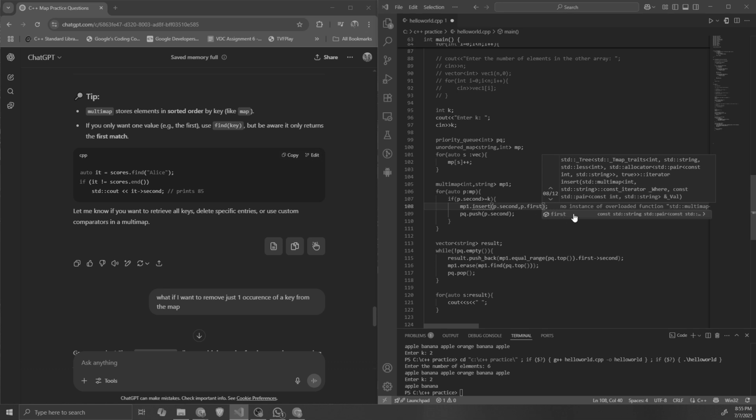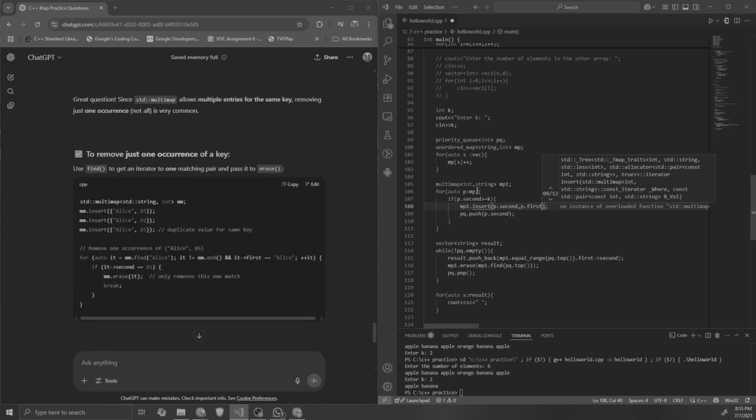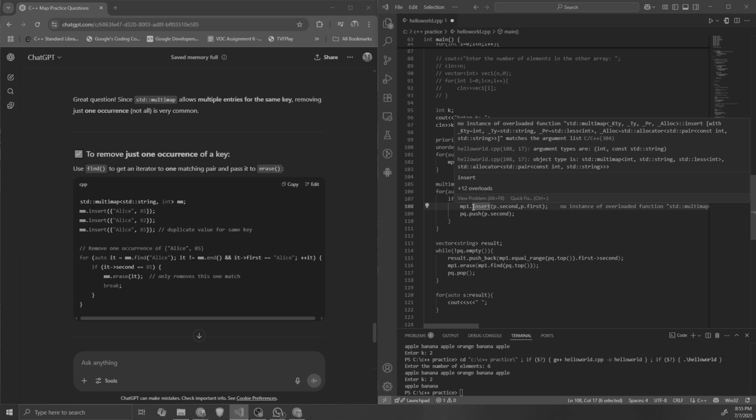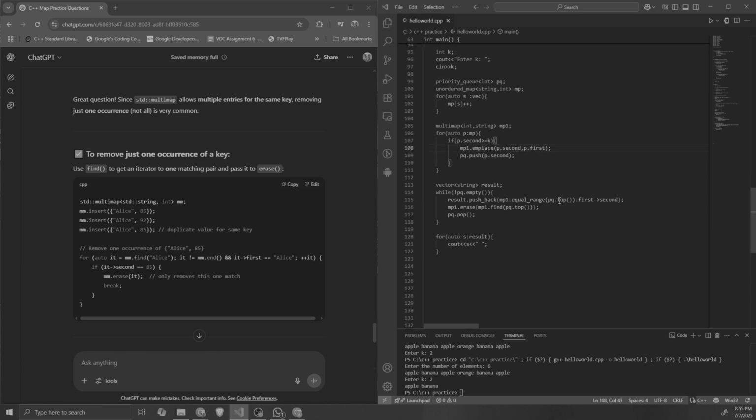What is it showing right now? What does it mean by overload? For a second, just a second. Let me check. Oh, I have to use emplace. Yeah, forgot about this. My bad. You can use emplace to put the elements like this, and then